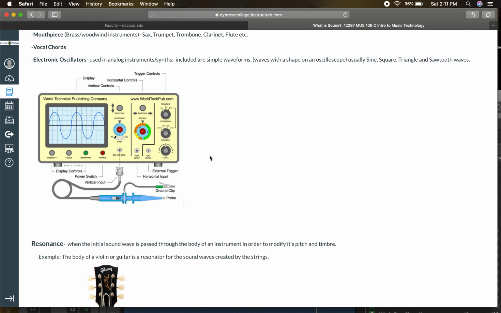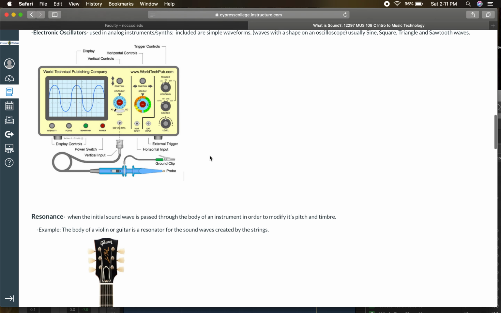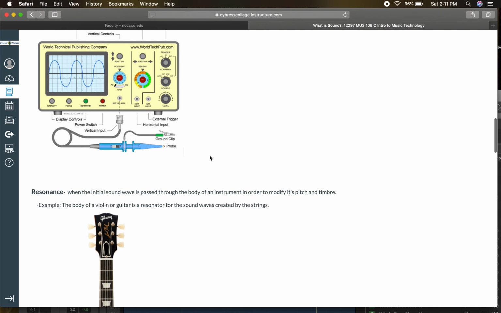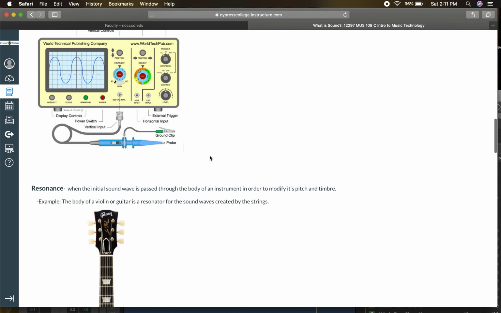Same goes true for a piano or a violin, you'll see. So what is resonance? When the initial sound wave is passed through the body of an instrument in order to modify its pitch and timbre. So for example, the body of a violin or a guitar is a resonator for the sound waves created by